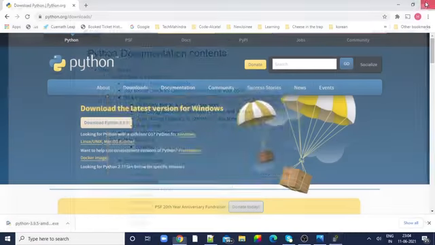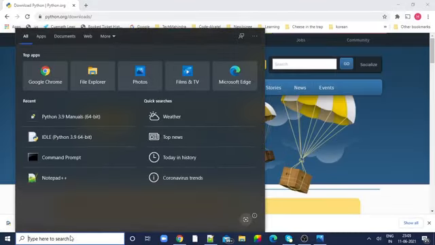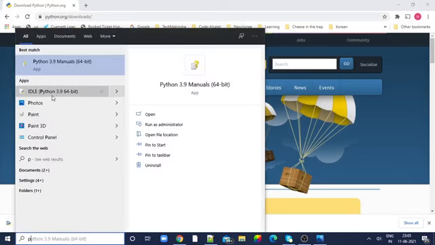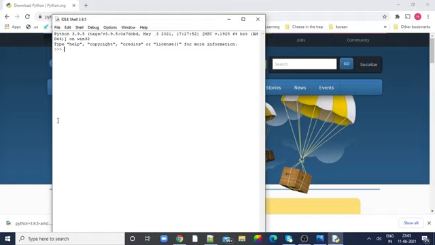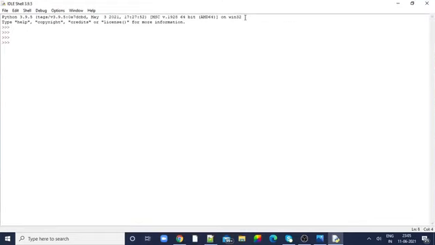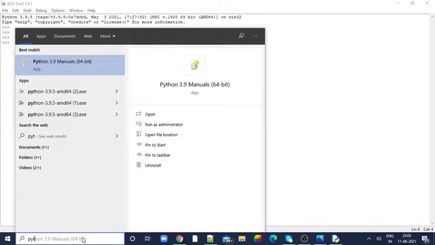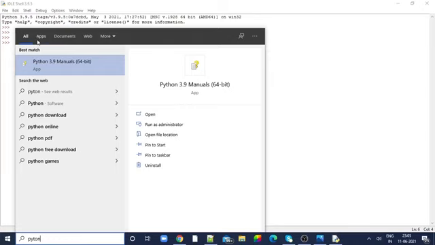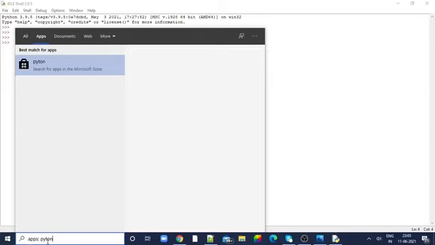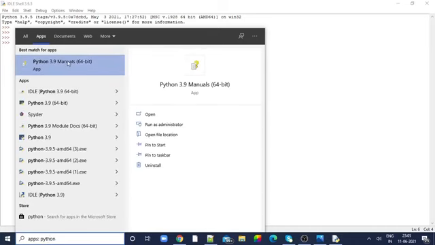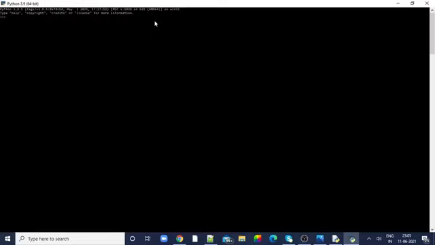Okay, IDLE. I'm going to click on it. So now the IDLE got open. Okay, good. This is the IDLE which I'm going to show you. The other one is the Python app, which is also an interpreter. This is one, but rather than this, I prefer working with IDLE.